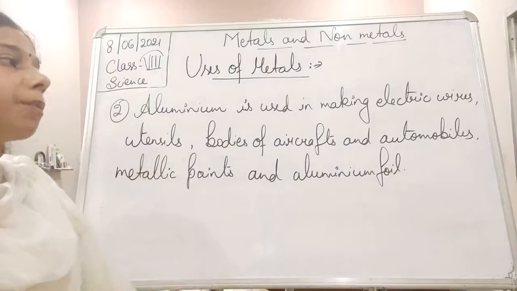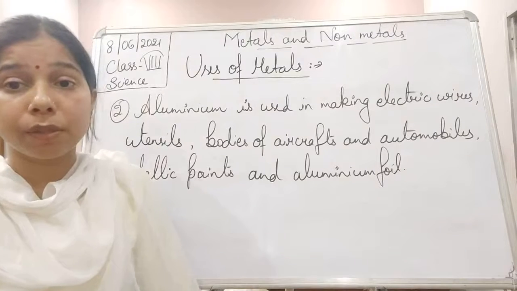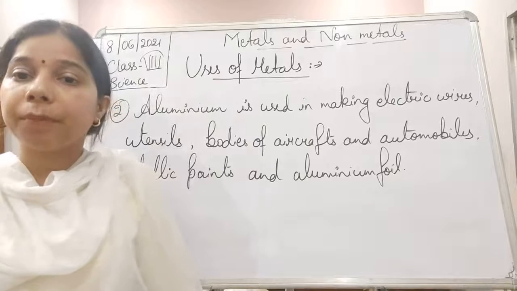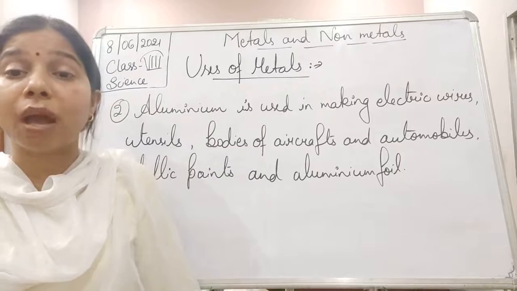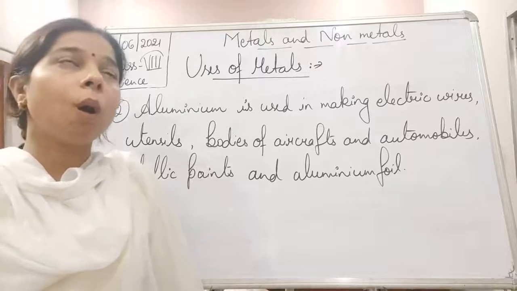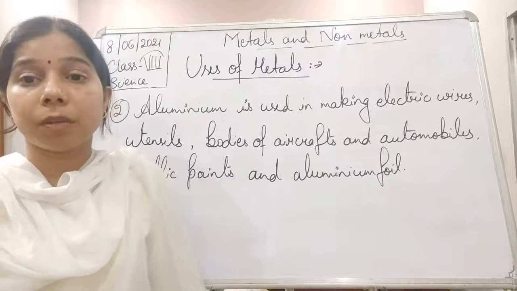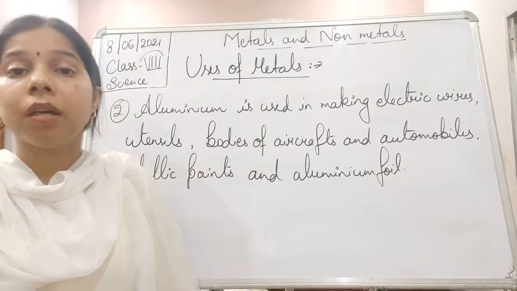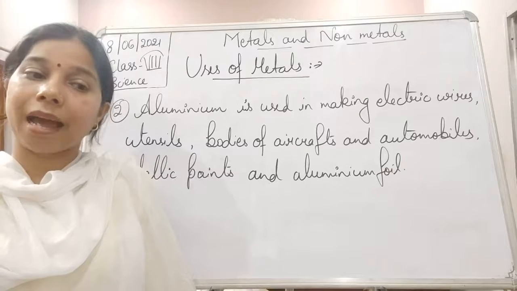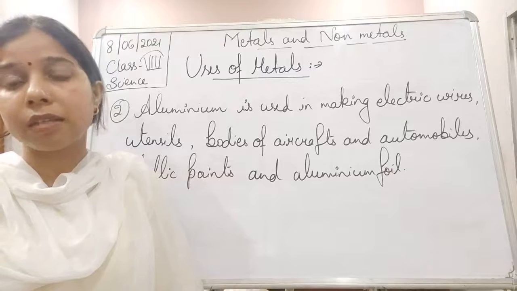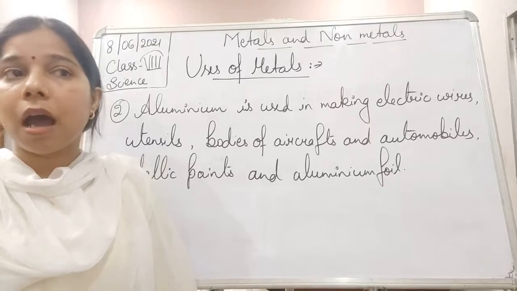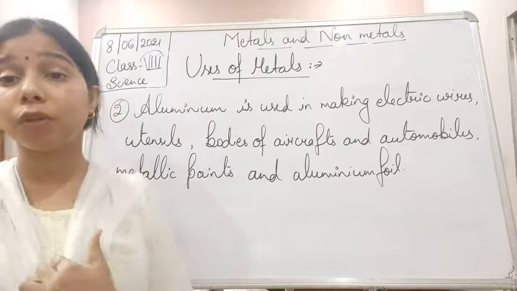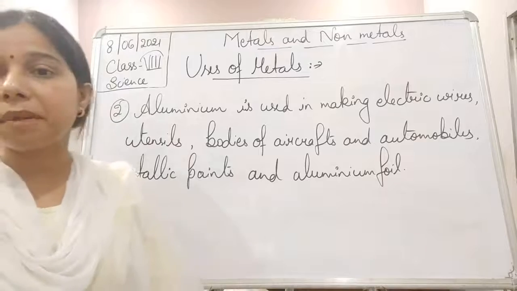You know, students, again I am telling you, it has the property of ductility. The property of ductility itself explains that metals can be drawn into thin wires. So aluminium is used in making wire. All the different electric wires that we use are made up of aluminium. Your question arises, why is it so? The reason is that aluminium is available in a great amount in the earth crust, so it is cheap. And also it is a very good conductor of heat and electricity. So being a good conductor, it is used for making electric wire.